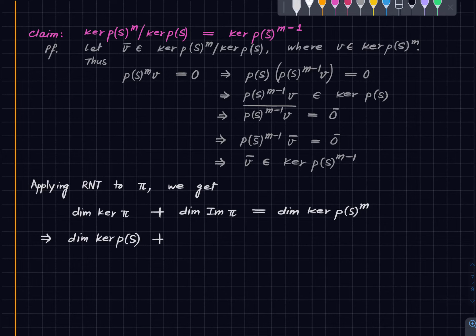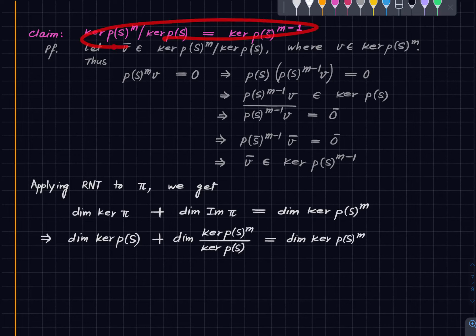Dimension of image of pi is clearly this quotient, which is equal to dimension. Yeah, so let's just use this claim here. So we get